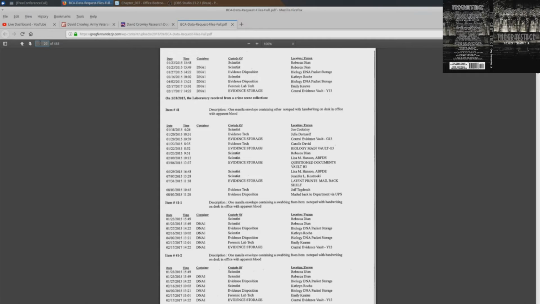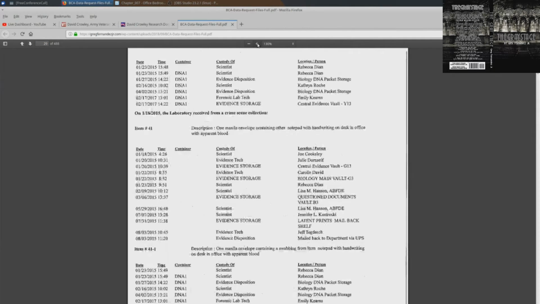And then 41-2 is a page, and I'm not 100% sure what page that was, but I do think it was probably the page that said open the rise now, submit to Allah. But there were only 2 pages here that were tested for blood, and many pages have blood on them. The notepad is item 41, and it is part of the DNA test, the latent print test, and the questioned documents test. So it's part of 3 separate tests, just to be clear.